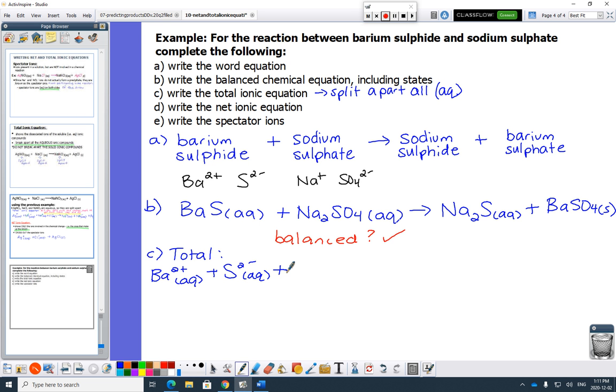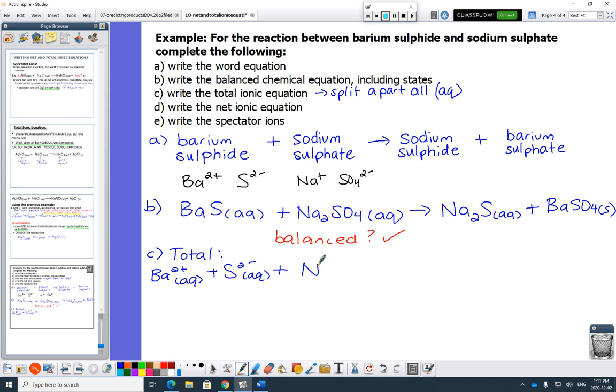But now here, how many sodiums do we have? Yes, 2. So if you write it like this, that's sort of nasty because then it looks like it's diatomic, which it's not, right? So the way that we do that,